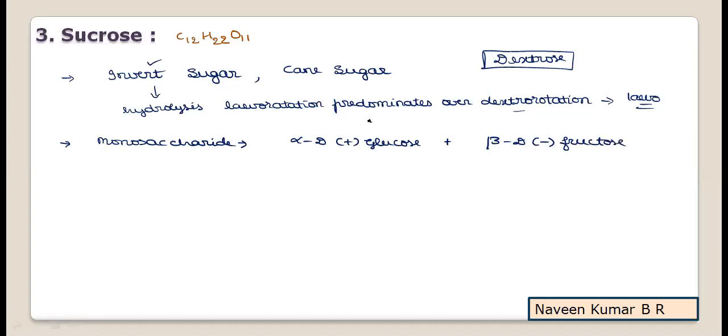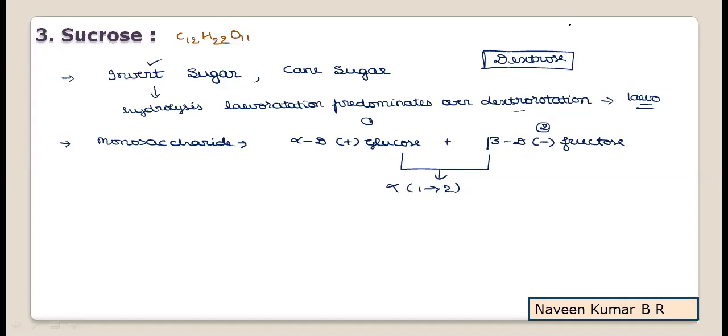The first one should be alpha, the second one is beta. So if you observe, the plus indicates dextrorotation, minus indicates levo-rotation. After their combination, they are involved in a glycosidic linkage, it is an alpha 1,2 glycosidic linkage. The first carbon, the anomeric carbon of glucose, and the second carbon, again the anomeric carbon of fructose, are going to be involved in the glycosidic linkage. As both anomeric carbon atoms are involved in that,